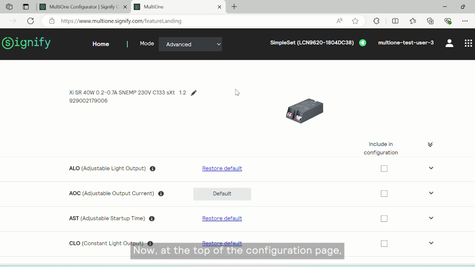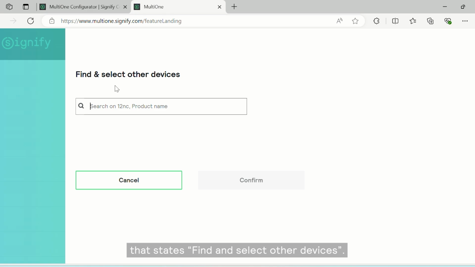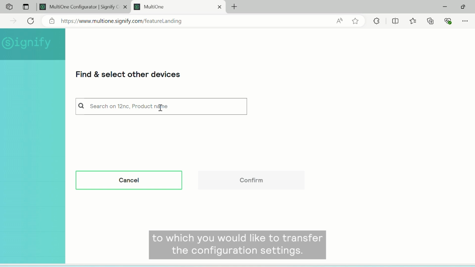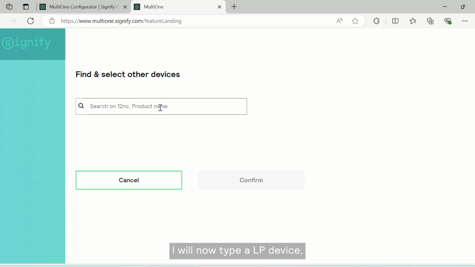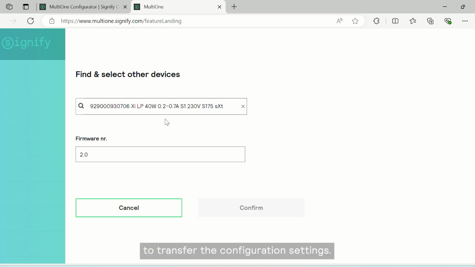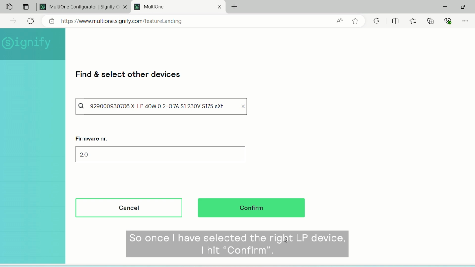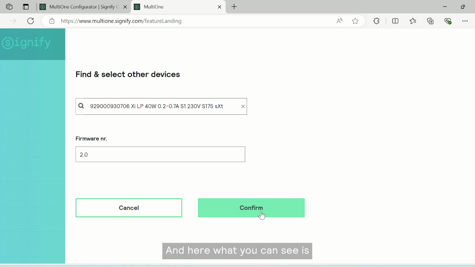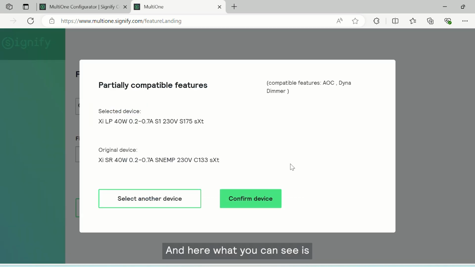Now at the top of the configuration page, you see the edit icon that looks like a pen. Once you click this icon, you enter another page that states Find and Select Other Devices. Here, you can type the product name or 12NC to which you would like to transfer the configuration settings. I will now type an LP device and select the right LP device to transfer the configuration settings. So once I've selected the right LP device, I hit Confirm,